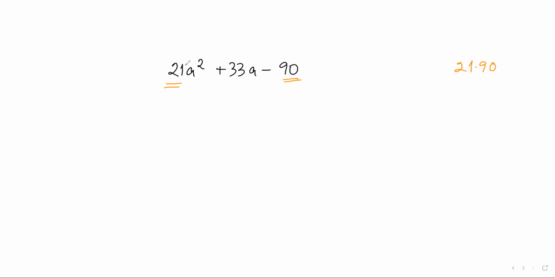Very soon I noticed that they share 3. 21, 33, and 90 can be divided by 3. So maybe I'll take 3 out right away, and 7a squared, 11a, and 30 will stay. And at that time, I say, okay, I'll deal with 7 and 13,